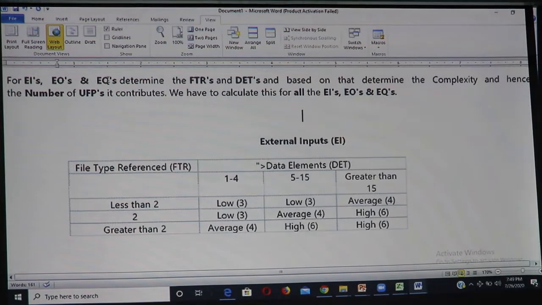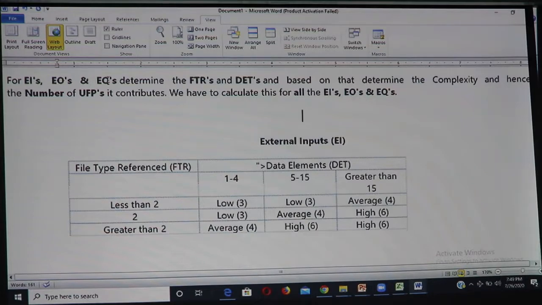So we saw on the whiteboard what the different functionalities are that need to be counted, and we saw there were data functionalities and transaction functionalities. In data functionalities, we need to count ILF, which is internal logical file, and EIF, which is external interface file.